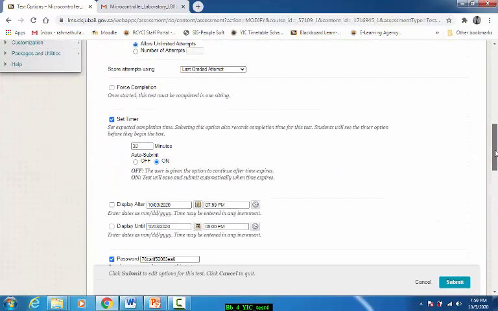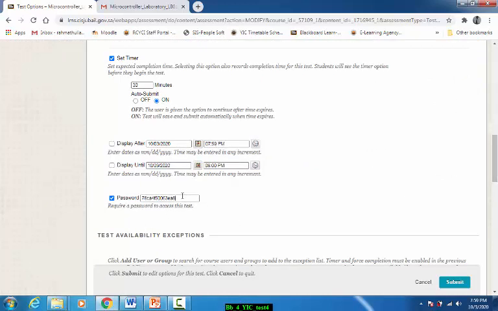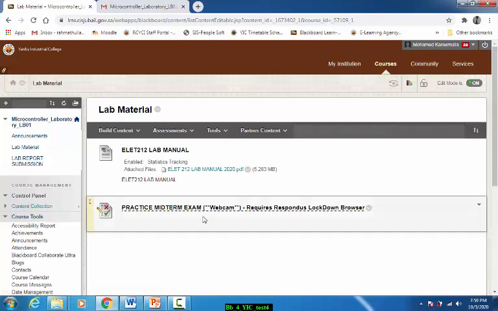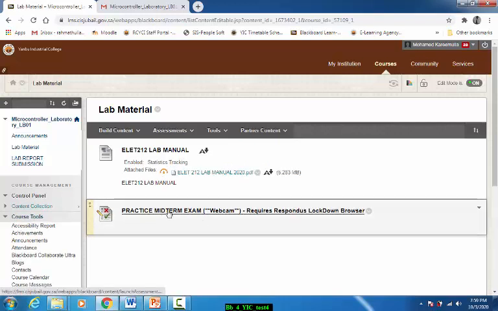See, there is a password automatically generated. We did not give this password. You remember? We did not give anything here. I said don't give anything. Now as soon as we connect the midterm test examination to the lockdown browser, a password is automatically created. So don't delete this password. Once you link your practice test or any exam to the lockdown browser, after that don't make any changes.